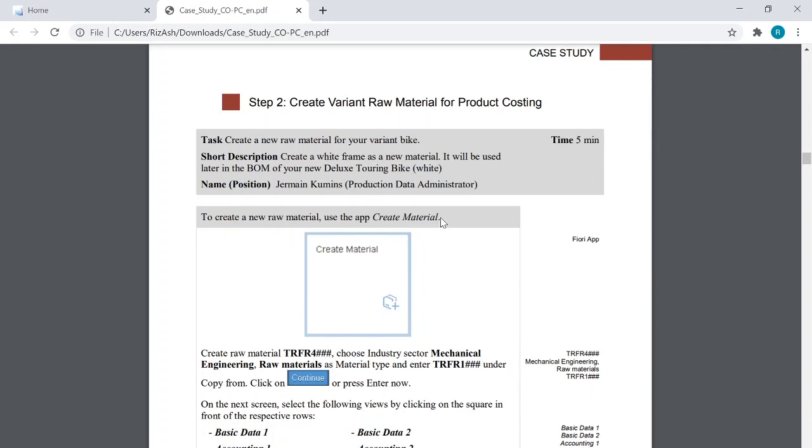Now, in this case, we are creating a material from scratch. What we have to do is create a white frame as a new material. It will be used later in the BOM of your new deluxe touring bike. Okay, now it has used the term BOM. Basically, BOM is a bill of material whenever we need to run a production cycle.